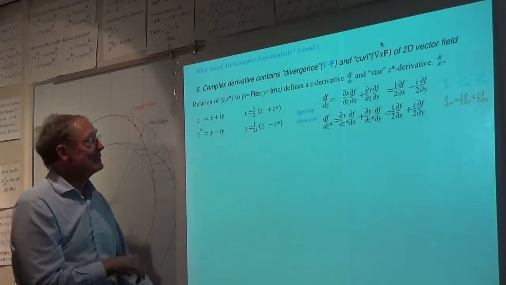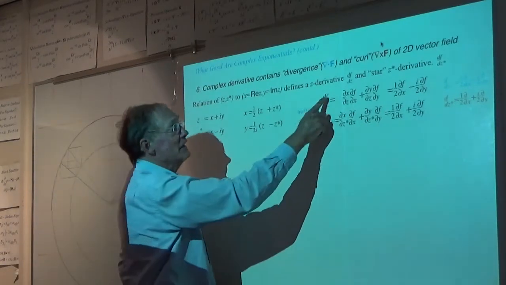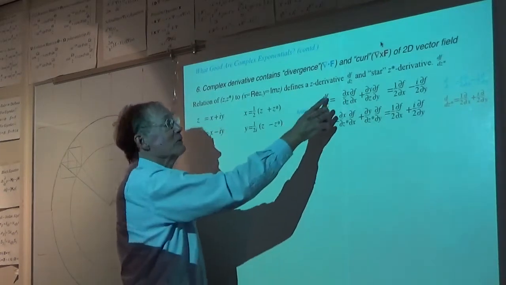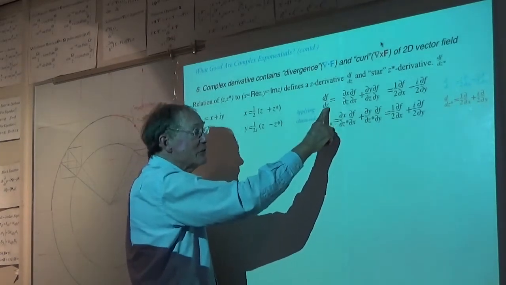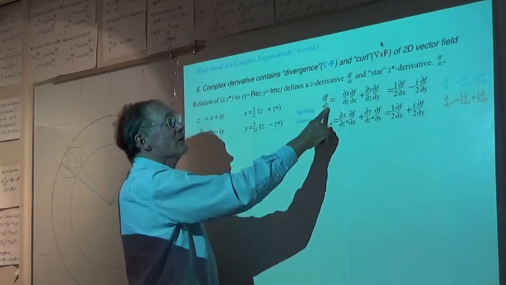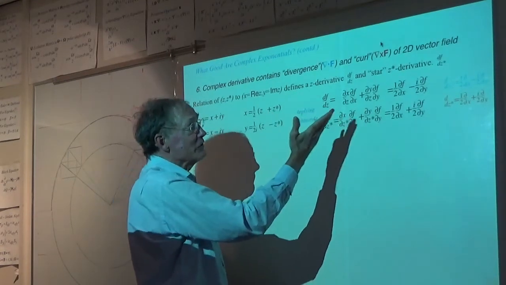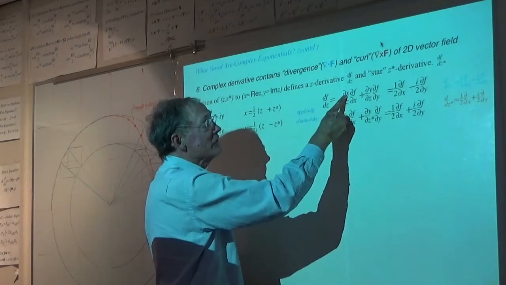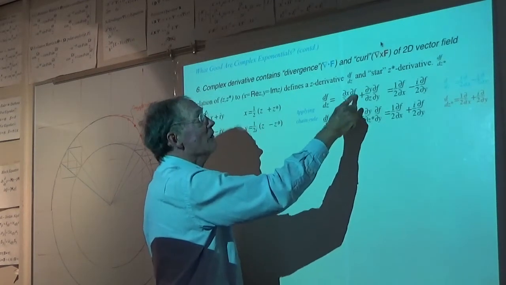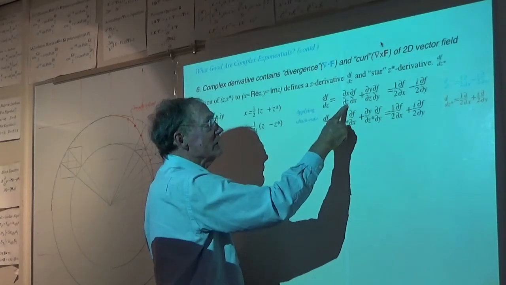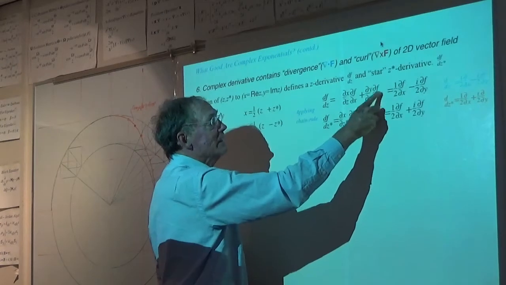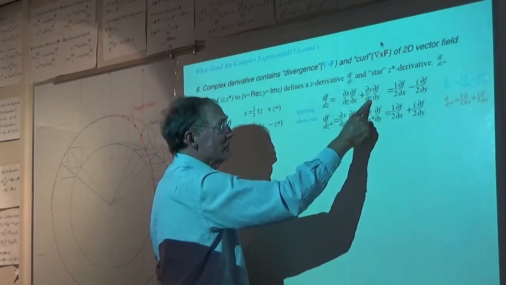I'm going to say, okay, I'm going to define a total derivative, that is a derivative of this function with respect to z, as, I'm going to use the independent variables x and y in the chain. So I'm going to write this partial x over partial z of the partial of f with respect to x, and then partial y over partial z of partial f with respect to y.